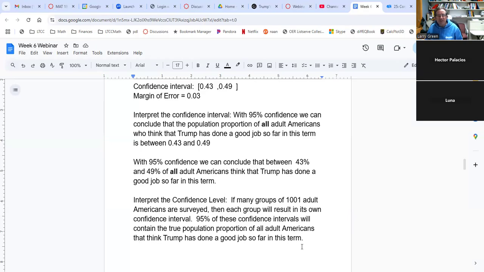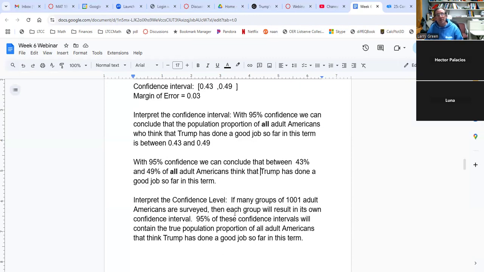Any questions? Any questions on interpreting the confidence interval? That was the first piece, and the level, the second piece. Any questions? I want to let you know there's no short way of writing this. Okay, you're going to have a lot of words. So that's very important. Make sure you're ready for the exam because you're going to have to write that kind